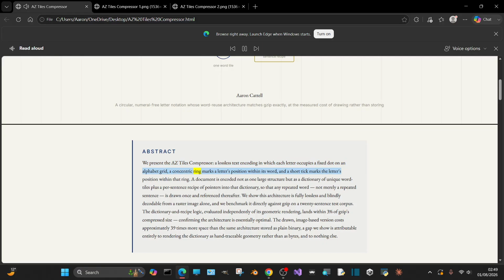A concentric ring marks a letter's position within its word, and a short tick marks the letter's position within that ring. A document is encoded not as one large structure, but as a dictionary of unique word tiles plus a per-sentence recipe of pointers into that dictionary, so that any repeated word, not merely a repeated sentence, is drawn once and referenced thereafter. We show this architecture is fully lossless and blindly decodable from a raster image alone, and we